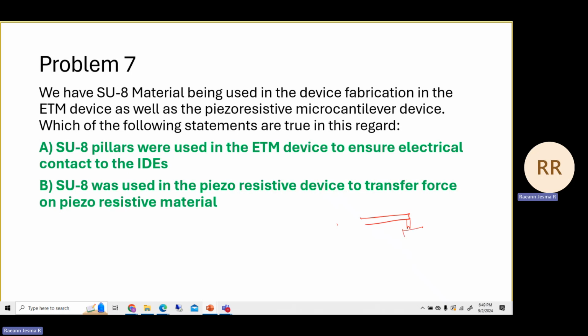So we'll keep the tissue here, and we'll use some indenter to poke the tissue. Depending on the stiffness of the tissue, there'll be some force that is transferred to the cantilever through the SU8 pillar. Then in the cantilever,